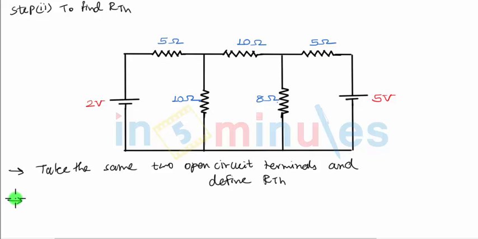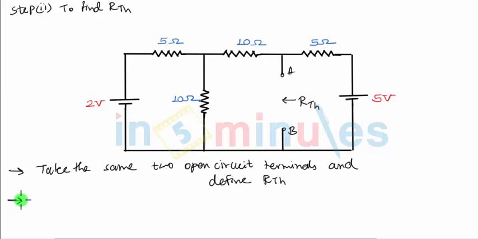Now what are the rules that we follow to find RTH? So before we do that, let me define RTH. So this is the 8 ohm resistance which we will remove, because it is across this 8 ohm resistance that we are trying to find out Thevenin's equivalent resistance. So these were my two terminals A and B, and now I define RTH across A and B. So it is the resistance looking through A and B, resistance of the remaining network.